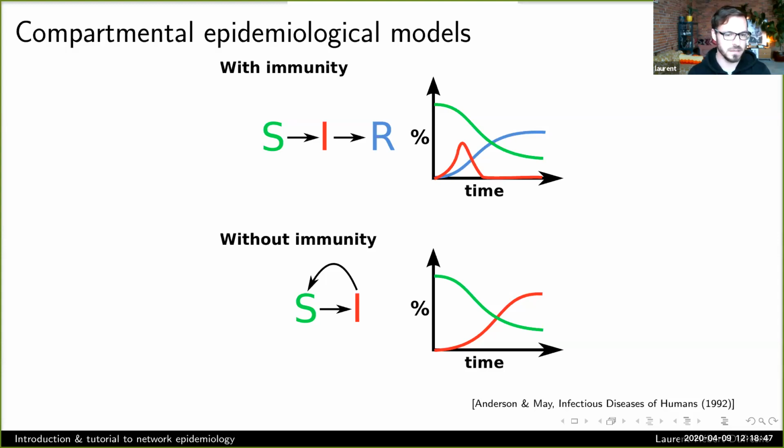The key difference here is that it depends on whether you want to assume that the disease comes with some long-lasting immunity. So that's SIR, where the recovered individuals are either recovered and immune or dead. Or in a disease without immunity, SIS, as soon as you recover, you might be infected again. We're going to keep those two models throughout the talk and play with their structure.